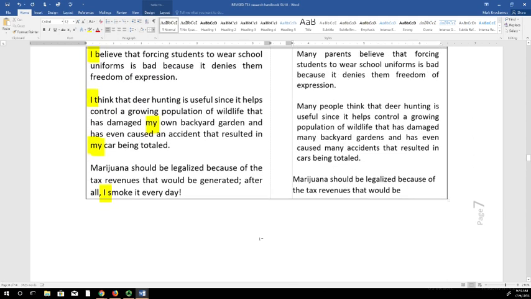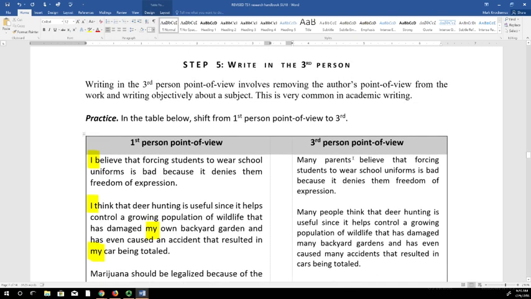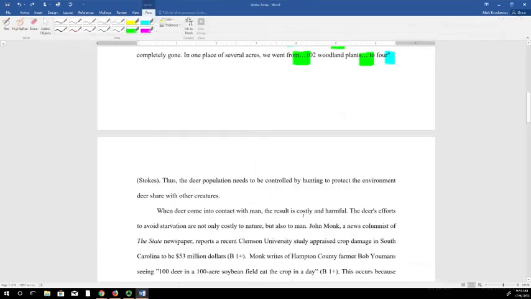So this is what we call moving from first person to third person. How do we do this again, guys? You have to take yourself out of your writing and be objective. So remember that we need to write in third person on this paper. Now, let me jump and pull up the research essay and touch upon something that's very important,